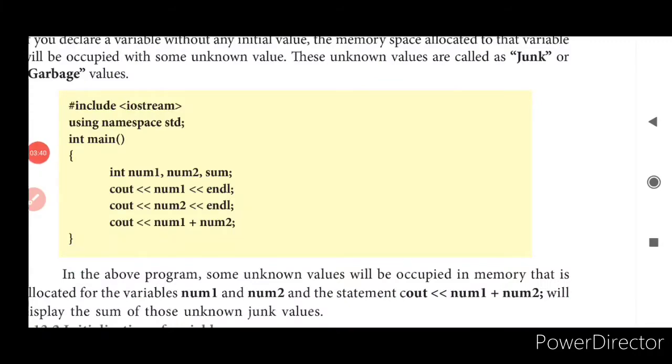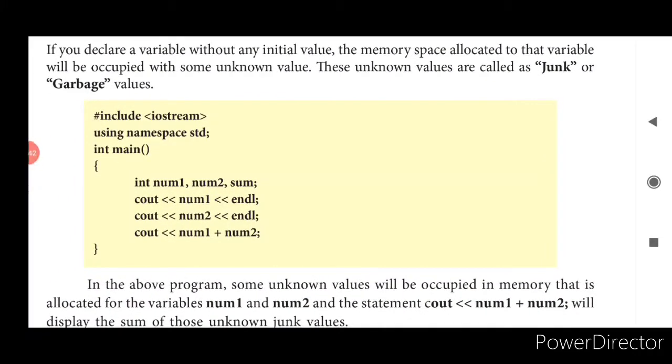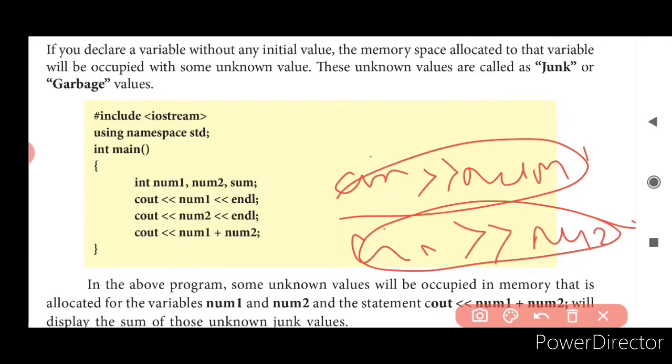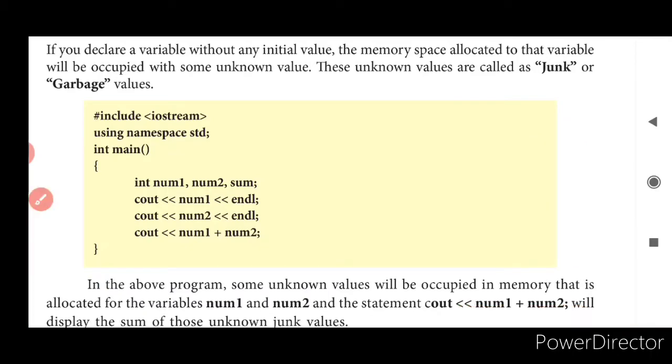See, in case I specify this as cin, yes, cin num1, cin num2, what will happen? The value will be obtained from the user. Right now what they have done here, they are straight away printing num1. So what will happen is any junk value that is present. Since we haven't assigned any value, are we getting input from the user? No. Have I made any direct initialization like num1 is equal to 10? No. Right? So what happens?